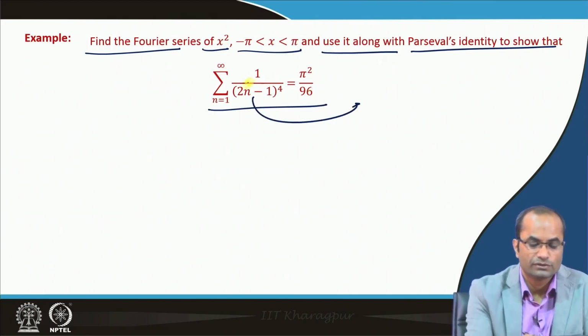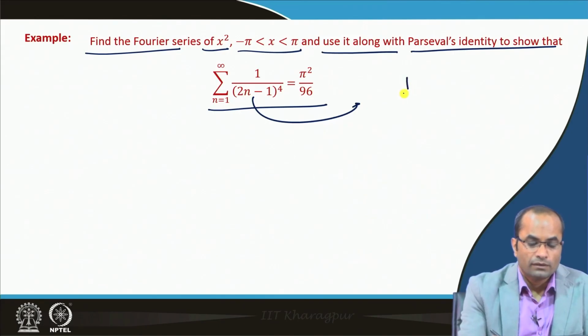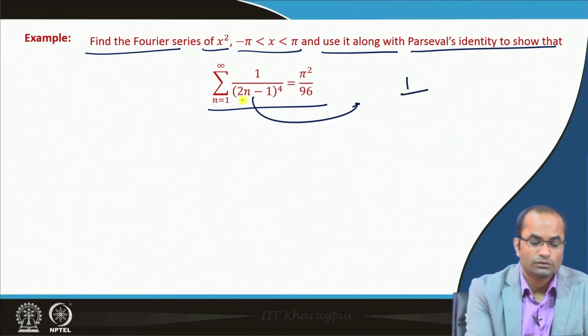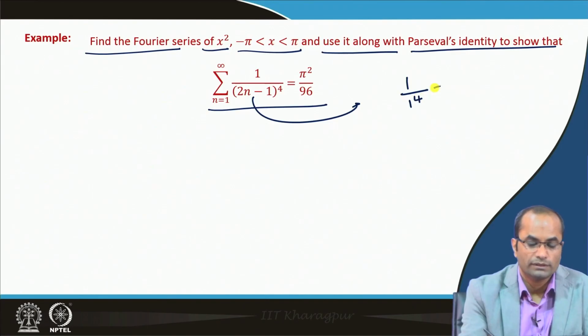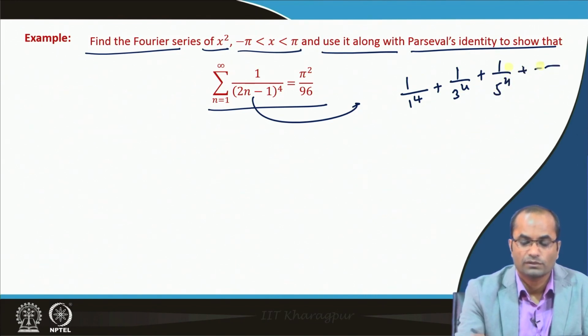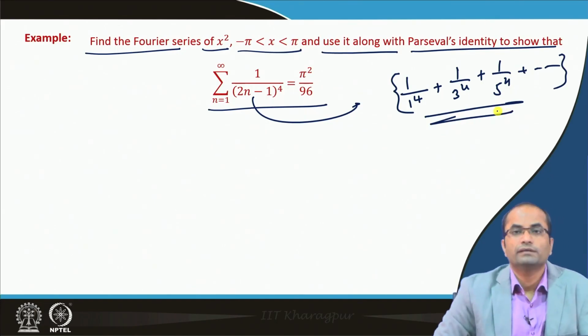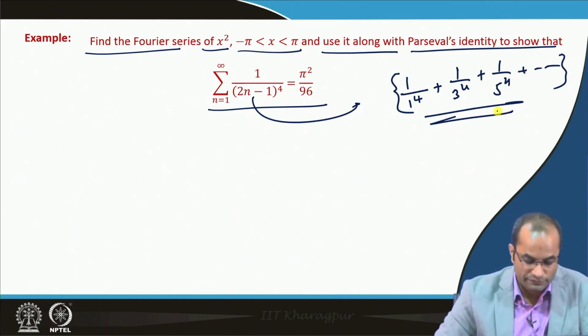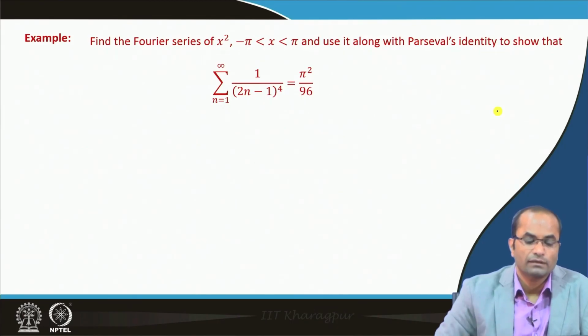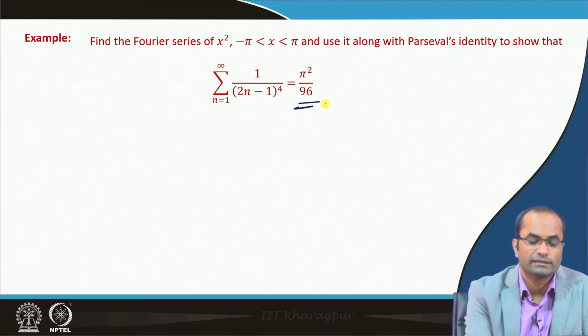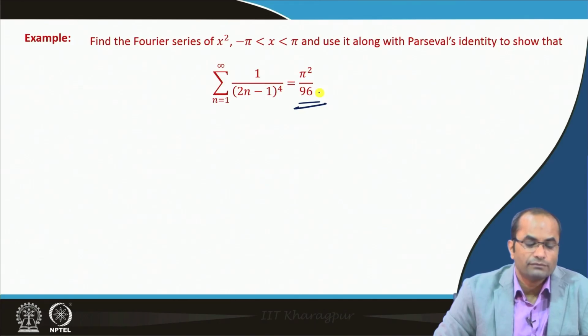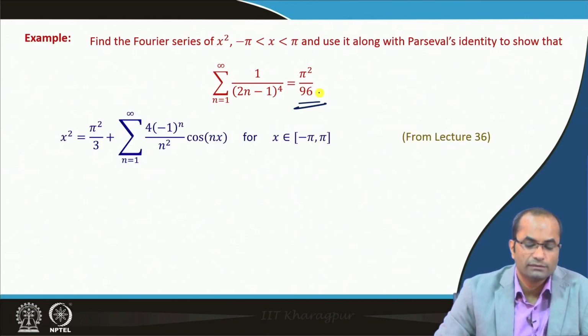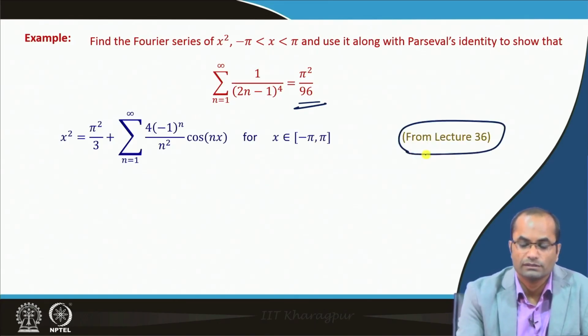The first term is 1 over 1 to the power 4, then we have the second one 1 over 3 to the power 4, and then 1 over 5 to the power 4 and so on. That is the sum which was already derived in the previous case, but now in a different context we will find again this sum as pi square by 96. We have already done this Fourier series in one of the previous lectures, lecture number